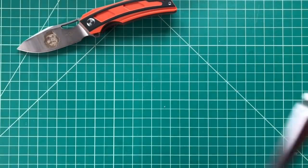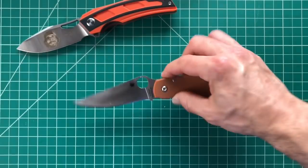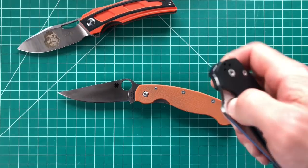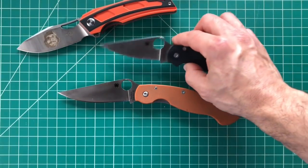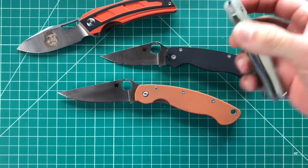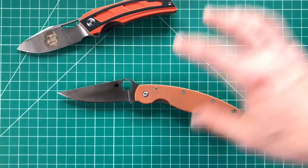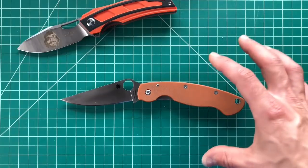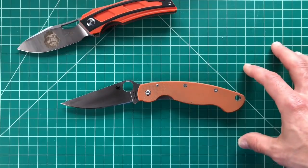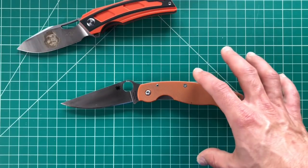So from my understanding, that's why this knife was designed, and it definitely brought life to the PM2, the Paramilitary, and then of course the Para 3 came after that to make a smaller version of the Paramilitary. So the Military kind of started it all, and this is where it all began. So it was really intriguing to me. I really wanted to try one to see where it all began, but I had heard so much negative hype as well on this knife. I'll get into that next, but